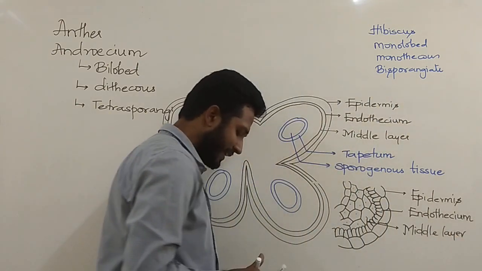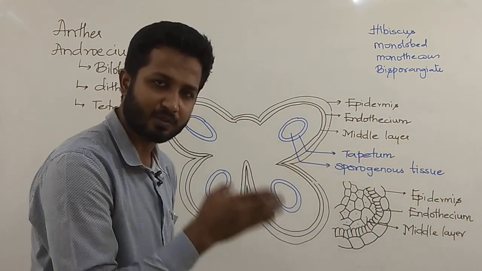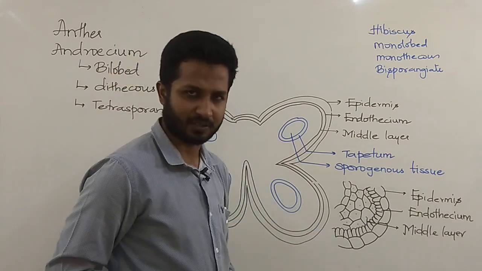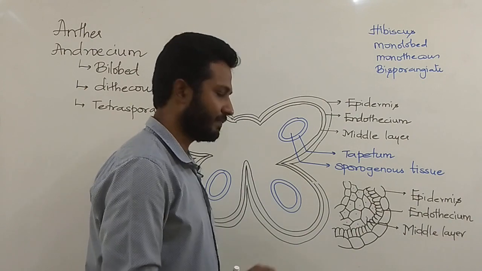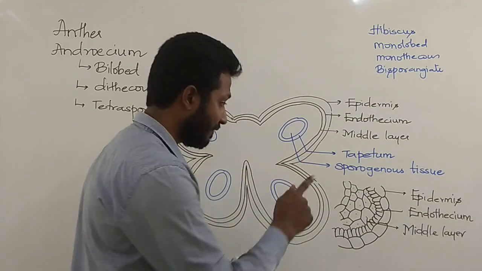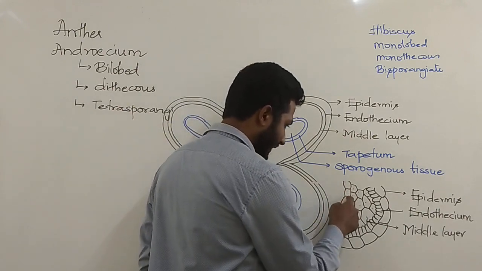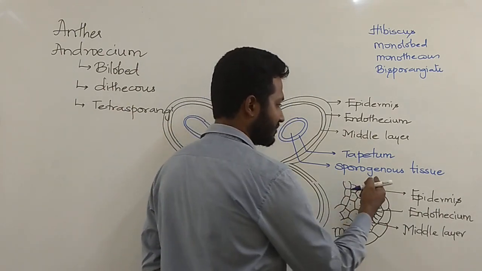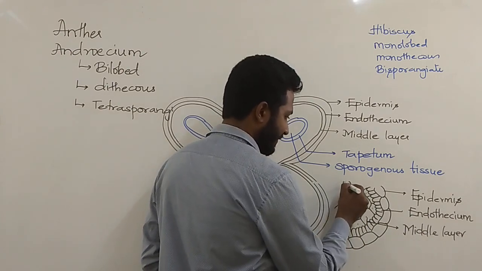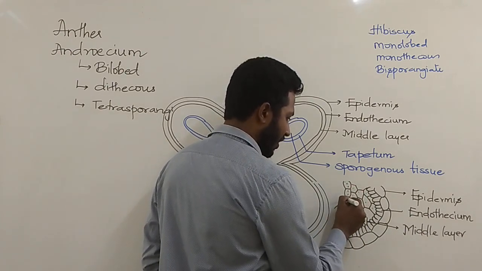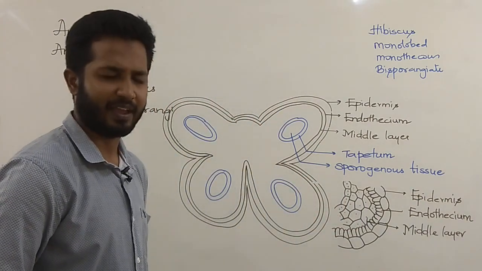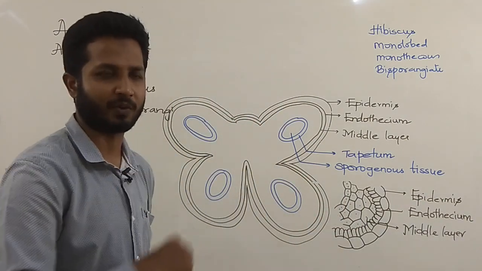Now, the middle layer can be from 2 layers to 5 layers. In the majority of books, you get a 2 to 3 layered condition. Okay? So the middle layer is there between the tapetum and the endothecium. Followed by this, the inner rectangular shaped cell layer is called the tapetum. A characteristic feature of the tapetum is that it always has more than one nucleus. Every time there is more than one nucleus.